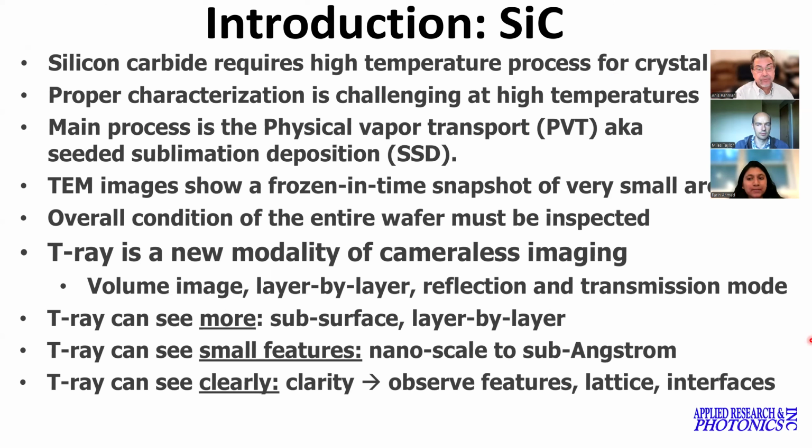Still you have to remember that 99% of devices are made from silicon. Cell phone, computer chips, amplifier, all different kinds of things come from silicon. So there's no alternative for silicon. But in some applications, silicon is not good. And then what is the alternative? It is silicon carbide and gallium nitride. There are other semiconductors people have been working on. But